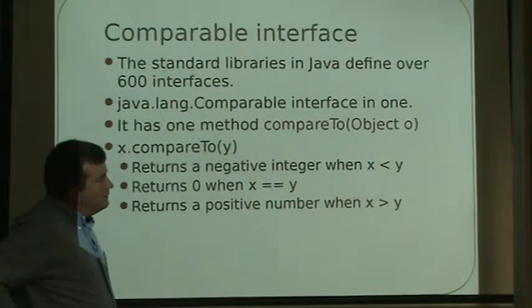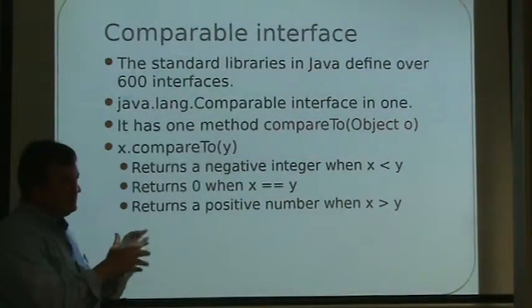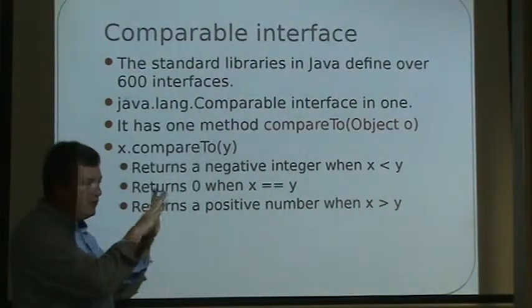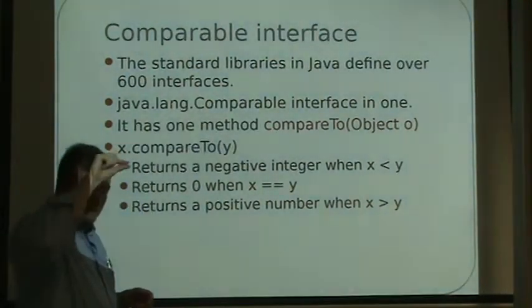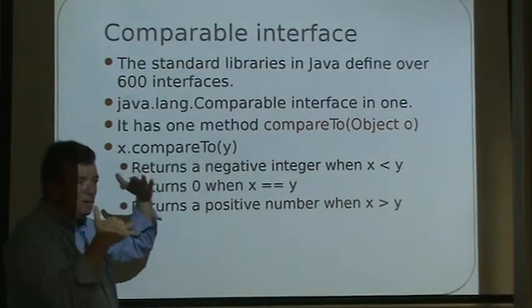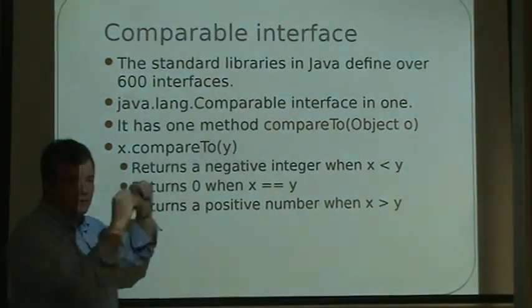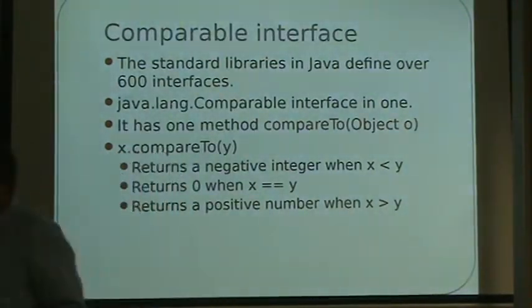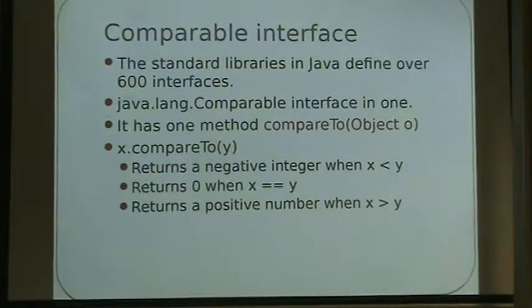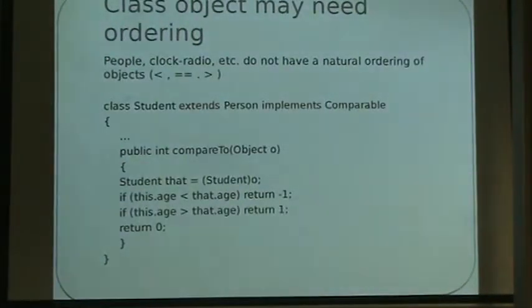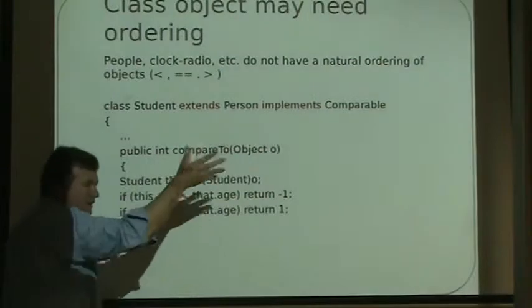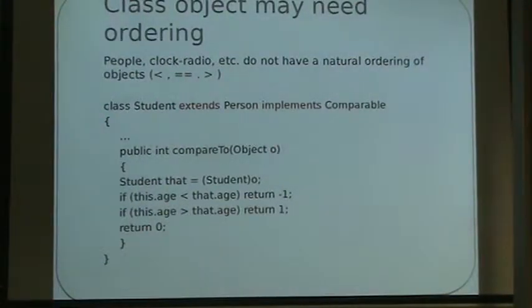But, so for example, you can create a class in C++, and then you write a function called operator, and then maybe the equal sign, and then you define what it means for two things to be equal. Or you'd say operator greater than, and you define it. Let me go over this example, and then talk about how C++ could do it. So for example, things like people and clock radios and so on don't have the concept of greater than, less than, or equal to, but maybe you'd like to